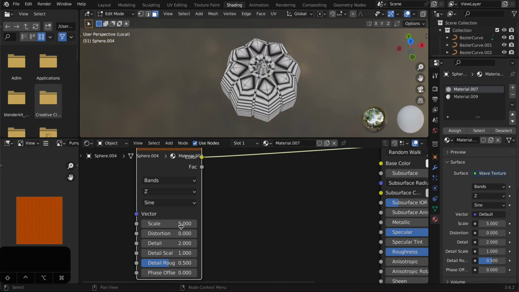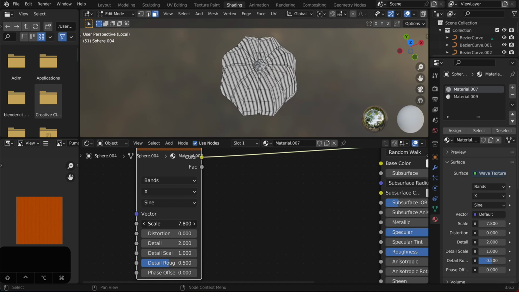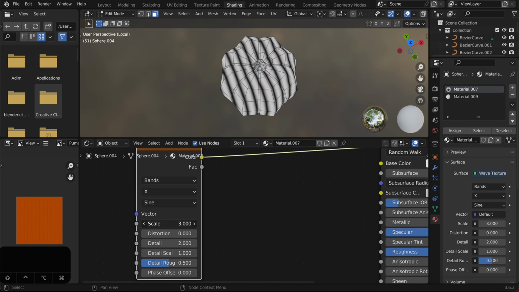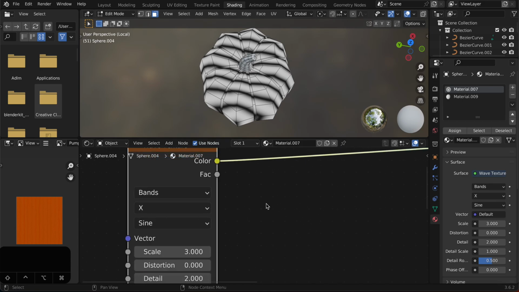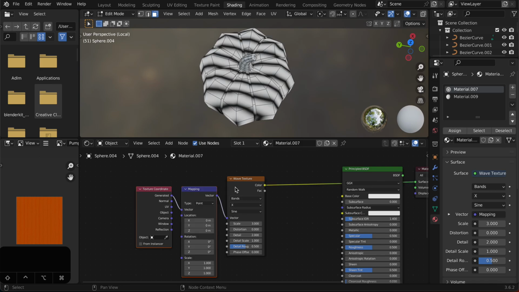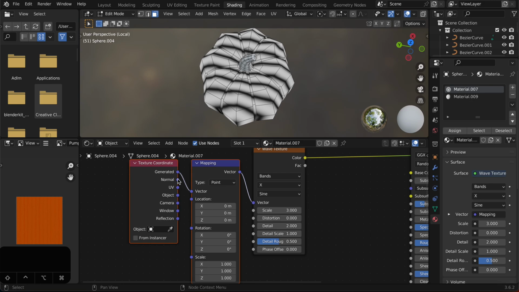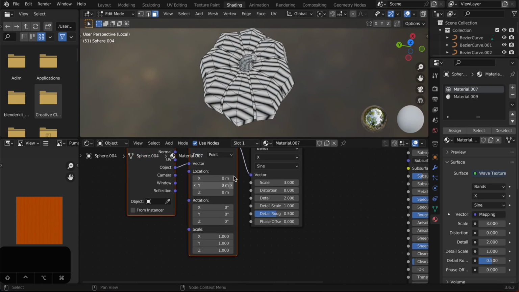So I think all right. So it's doing that. If we click on here and hold Control T, we can get this, and then